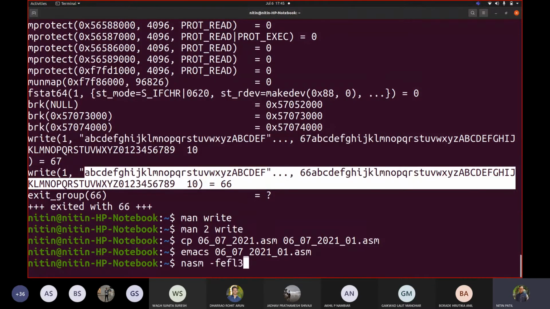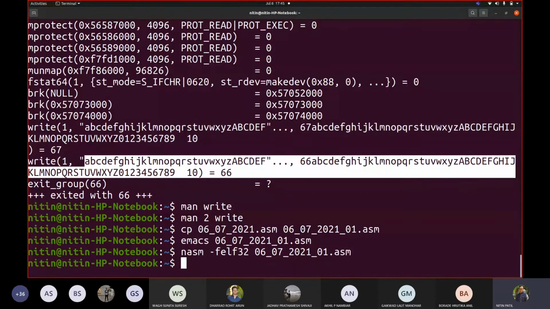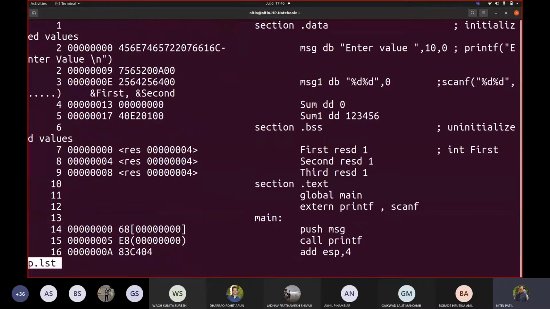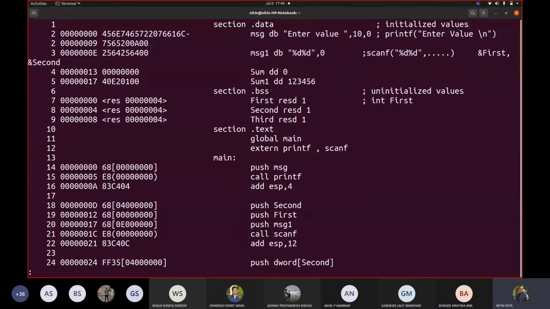nasm -f elf32 0621.01.asm, and we want -l p.lst. So ls p.lst. Now see the translation. Now this is done for your variable.